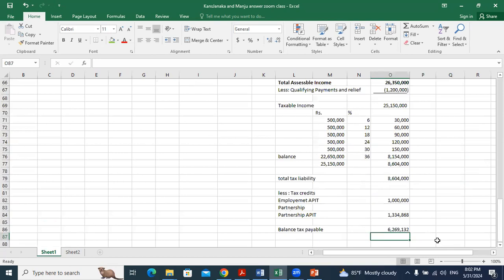From the total tax liability, we deduct employment tax credit and partnership tax credit. We get 6,200,000 and